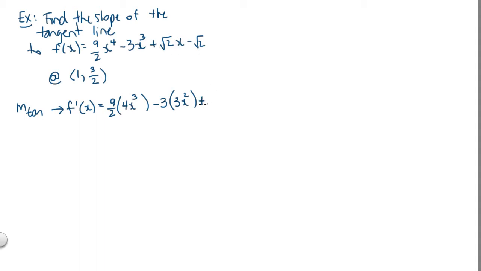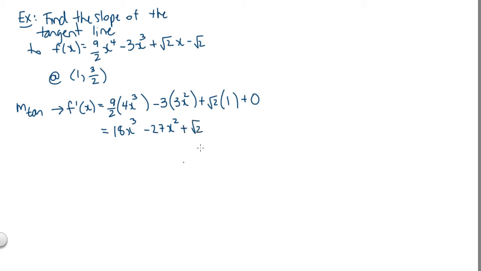Next term, we've got plus root 2 times the derivative of x. Remember, x is really x to the 1, so the derivative is going to look like 1 times x to the 0. It's really helpful if you can just remember that the derivative of x is 1. I think you'll find that speeds up your calculation quite a bit. And for the next step here, derivative of a constant is 0. So that's just plus 0 there. So formula for the slope of the tangent line, if we simplify here, we've got 18x cubed minus 27x squared